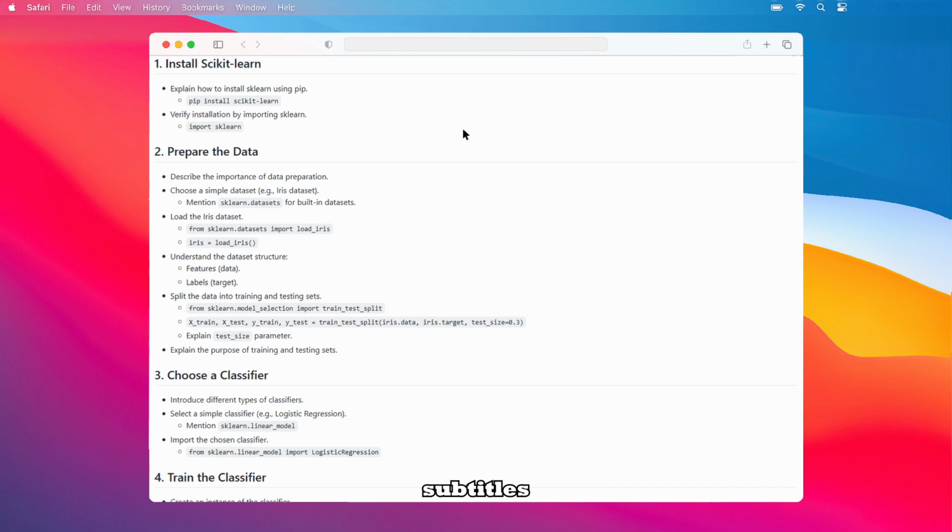Now, let's prepare the data, which is a crucial step. We'll choose a simple dataset, like the iris dataset, which is readily available within sklearn.datasets. Load the iris dataset using these commands: from sklearn.datasets import load_iris, followed by iris equals load_iris(). It's important to understand the dataset structure, which includes features, the data itself, and labels, the target variable we want